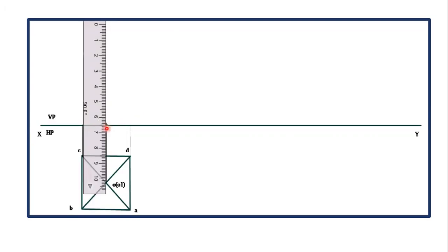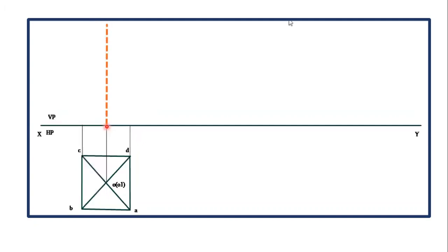Now they have given axis of the pyramid as 65 mm. So from the center, take the height equal to 65 mm and from each of the corners, join to the apex. Use visible line to connect from D dash to O dash and C dash to O dash. Even the base is visible.